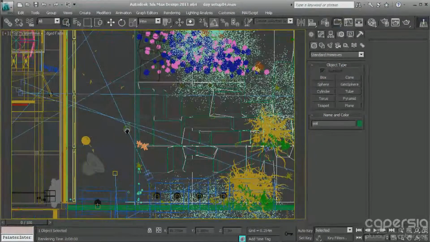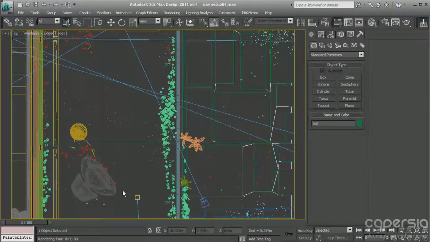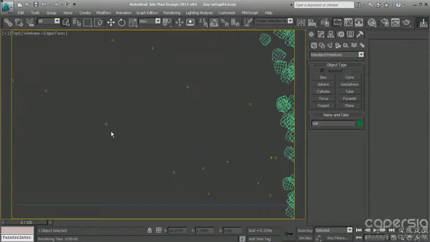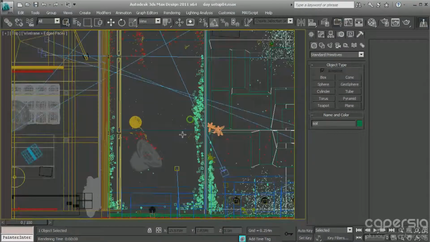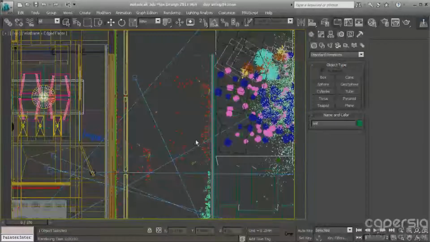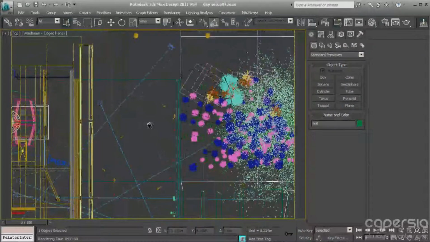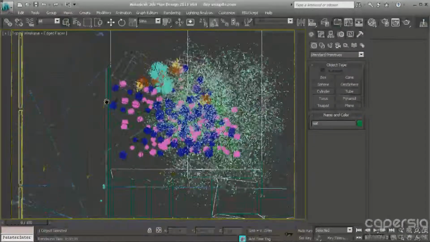And we have also added few details on the ground, like here some little spheres that represent the debris on the terrace. We have also a few leaves and small branches, and in the end Onyx plants, so bushes,